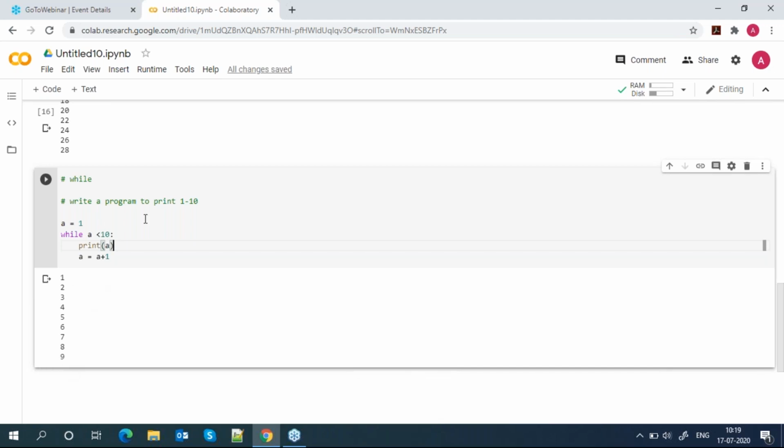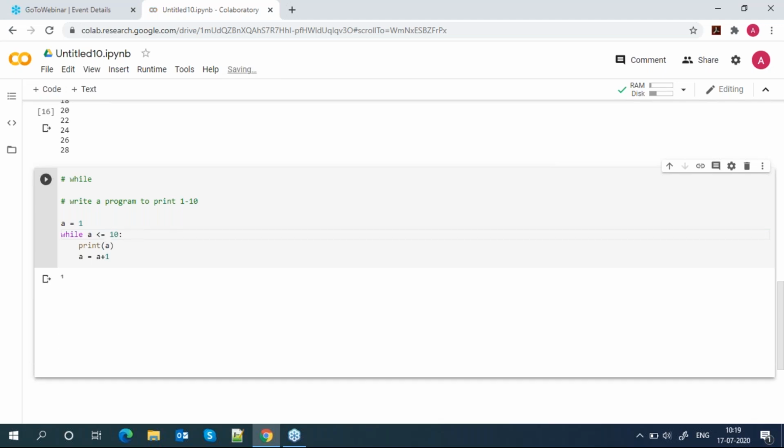It will not print 10, but if you give less than or equal to, then it will print 10. So how is it working? This is my variable a equal to 1.